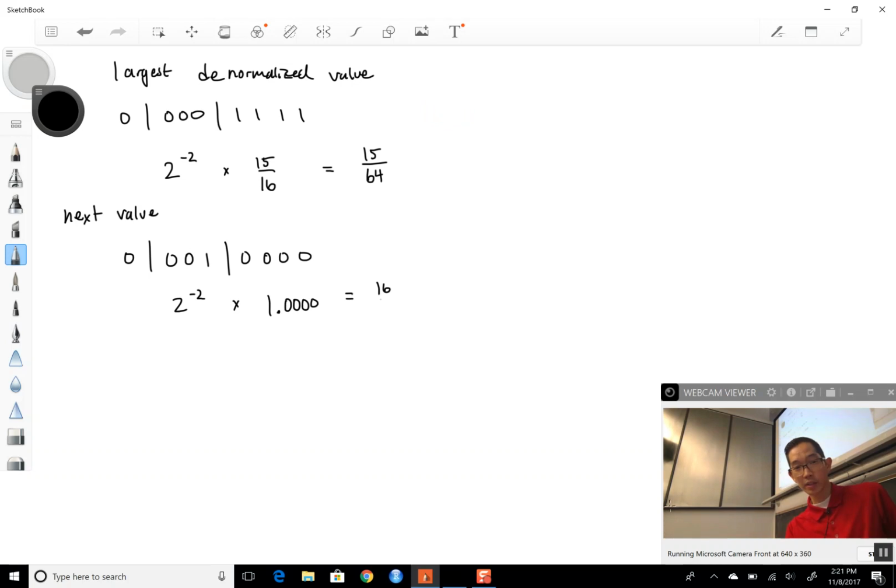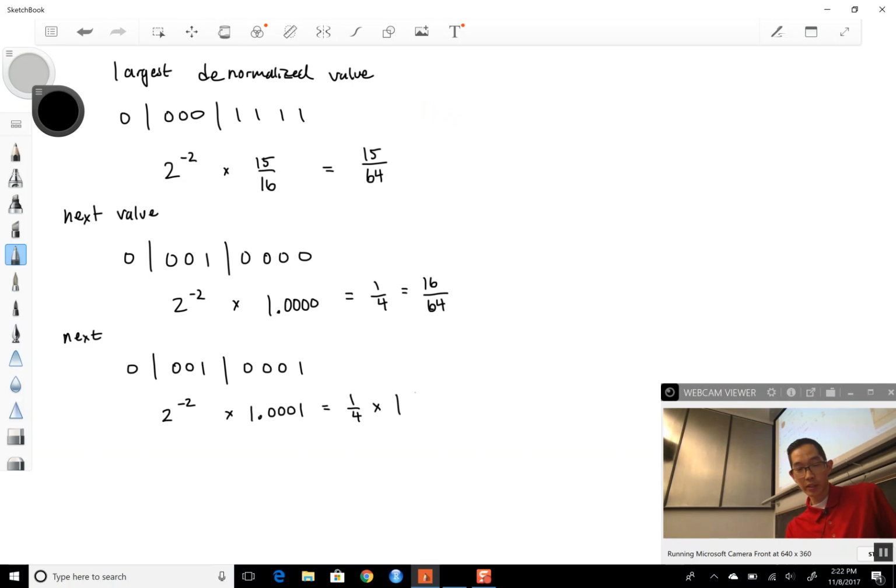And we get basically 1/4, which is the equivalent to 16/64. Sorry, I'm just counting using all the bits in our mini float, but the illustration here, okay. And then if we go to our next value, we'll have 0, 0, 0, 1, 0, 0, 0, 1, okay, so we have 2 to the negative 2 times 1.0001, which is 1/4